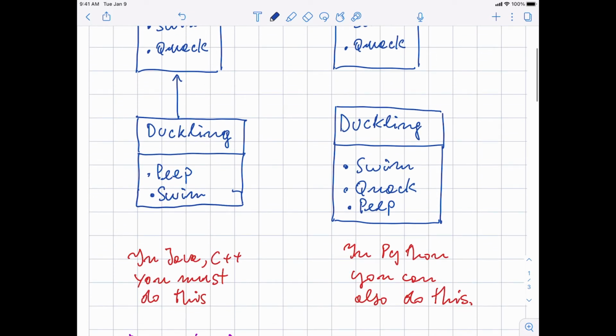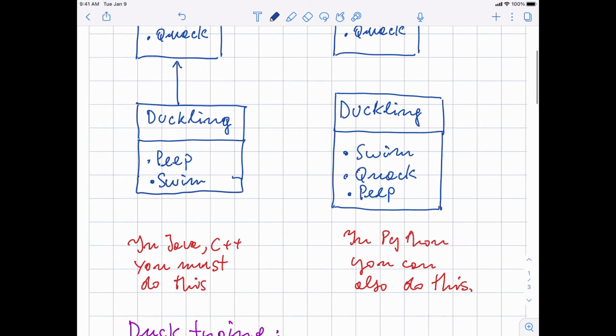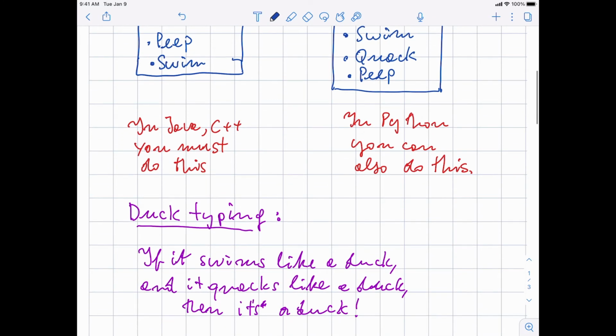Well, the point is that Python generally espouses the principle that is called duck typing. That is, if you swim like a duck and you quack like a duck, then you have a duck. Okay? So essentially Python will not often delve into questions of what the type of an object is. It will simply try to use it and try to call the various methods.